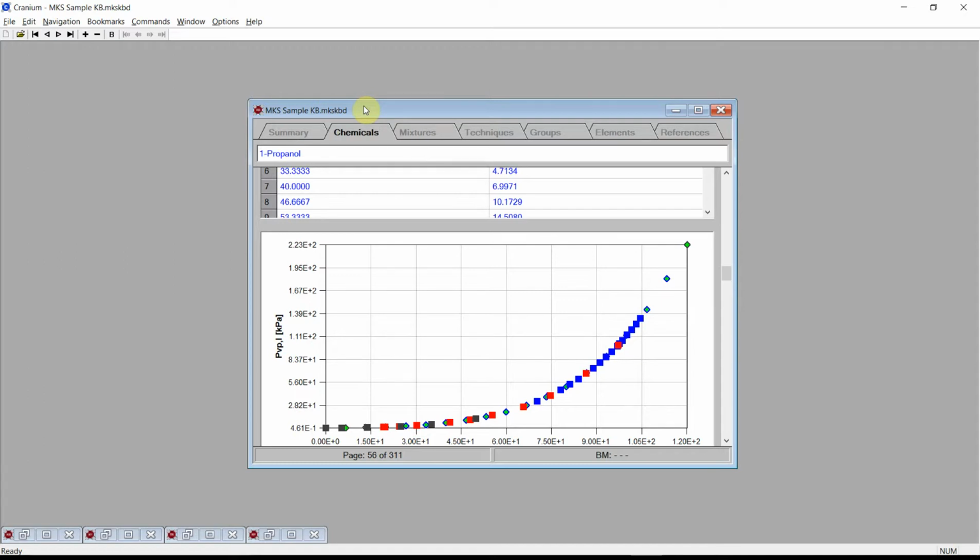One of Cranium and Synapse's key capabilities is to quickly and easily estimate the physical properties of new chemicals, chemicals that are not in any database. For example, we will add a new entry for trans 1-chloro-3,3,3-trifluoropropene, a new liquid blowing agent. We add a new chemical by first pressing the large plus button on the toolbar. Cranium will add a new blank page